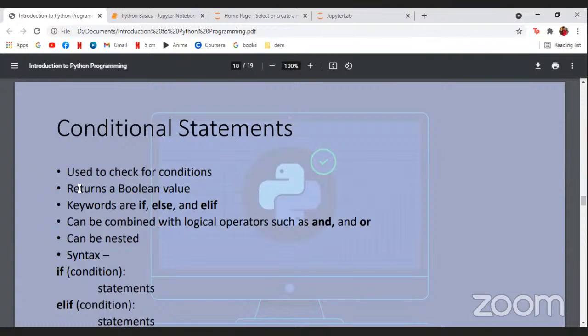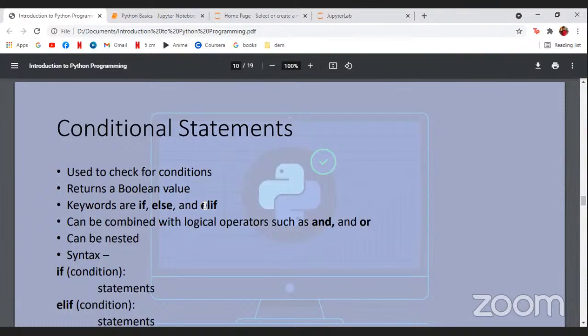The condition always returns a Boolean value, right? So it either returns true or false. You can't have anything in between. Either A is greater than B or it's not, right? So the A equal to B condition will automatically fall into else, and the less than condition will also fall into else, right? So if you want to specify those 3 separately,